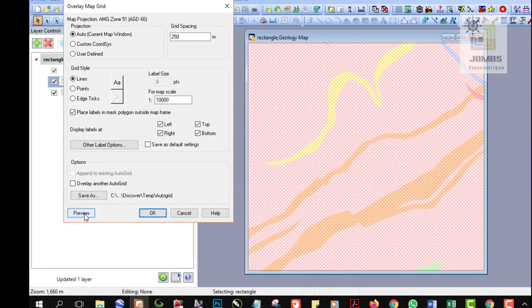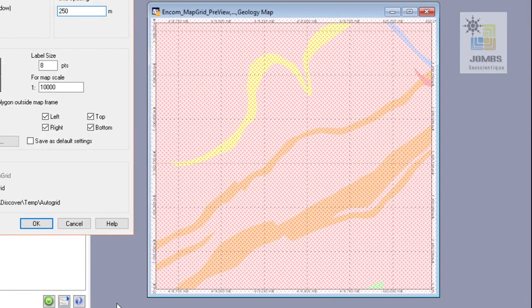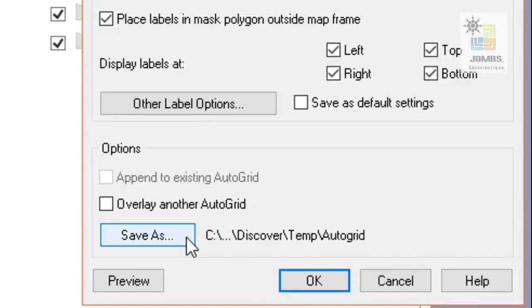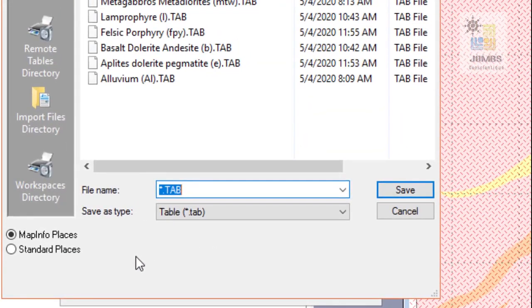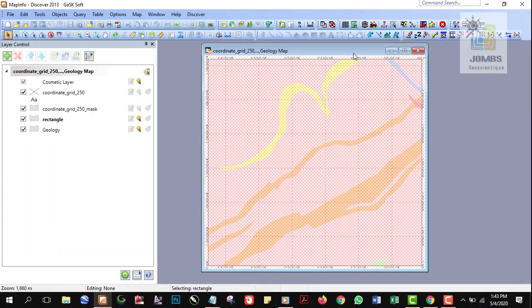All right. After hitting the Preview button right here, you can see the display of the coordinate grid. When you're satisfied with this view, you can hit the Save As button to save the object, for example, coordinate grid 250. It's all done. You can add further items, such as a scale bar, a north arrow, and a legend, which we'll only